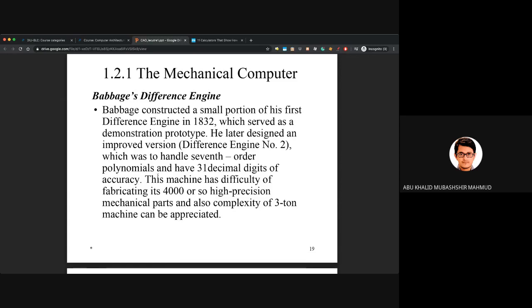And here the improvement was it was able to handle seventh order polynomials and had 31 decimal digits for accuracy. It was purely a theoretical engine